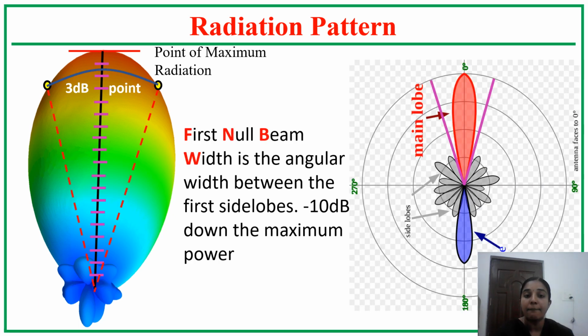In a similar way, we have another point also, which is first null beam width, FNBW, which is the angular width that is measured between the first side